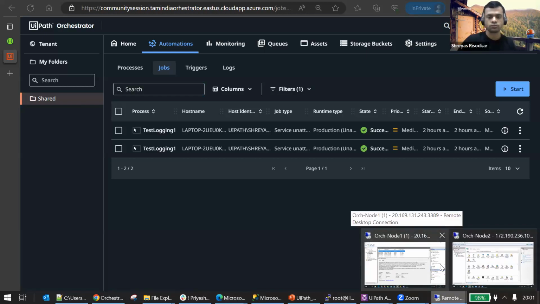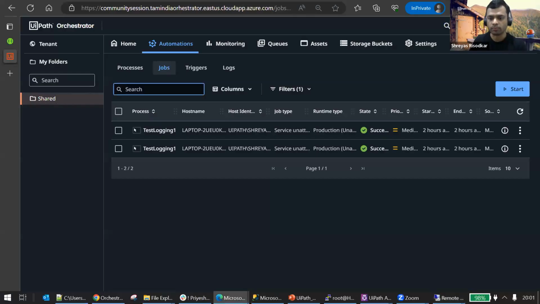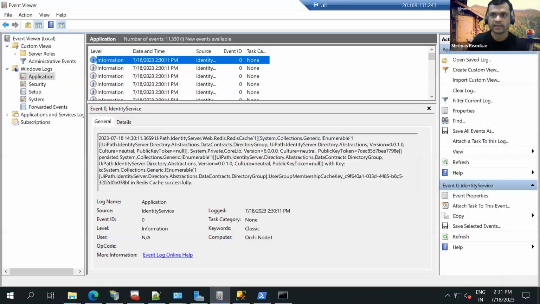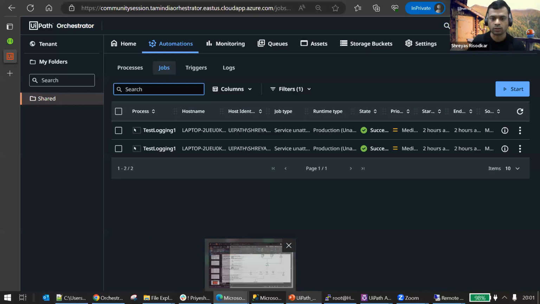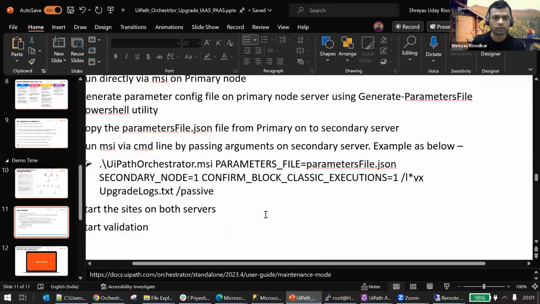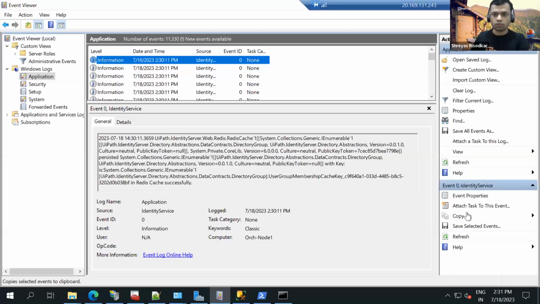Now the next step is to basically go about building my second node. So if you look at it now, my node 1 is up, node 2 is down. Since we have done sanity on node 1, if I go back to this slide, we're going to generate the parameter.json file and then use it as a reference to build our second node. Okay, so in order to do that,